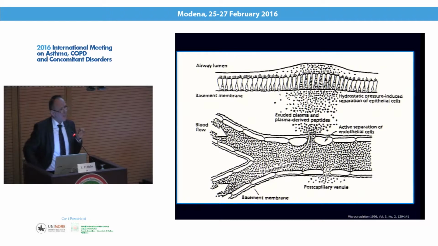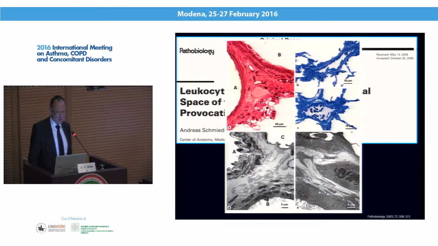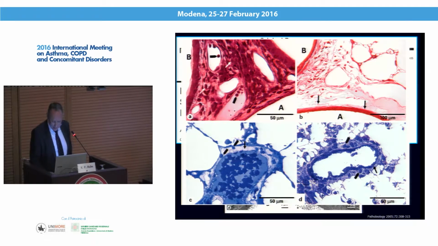So while we are very much focusing, when we talk about remodeling, on the remodeling of airways, it is equally feasible, very likely, that vascular remodeling occurs to the same extent, and to give you examples for asthma and for COPD, how this actually comes about. If you look at the space between the artery and the airway, the so-called periarterial space, you realize that within that space you have